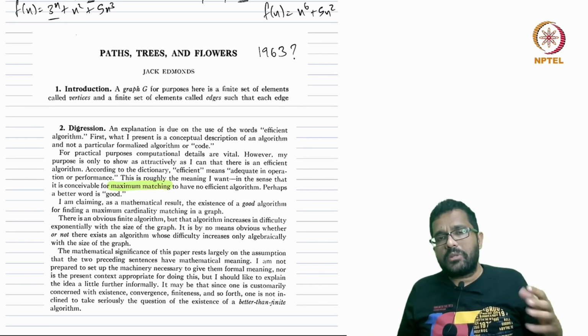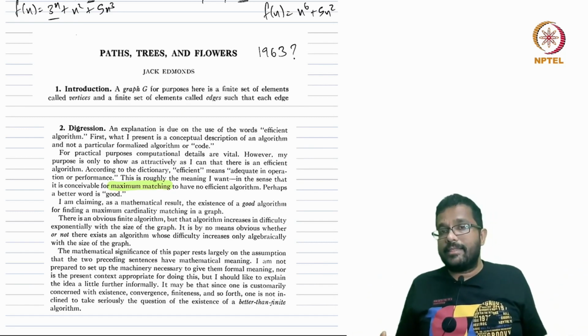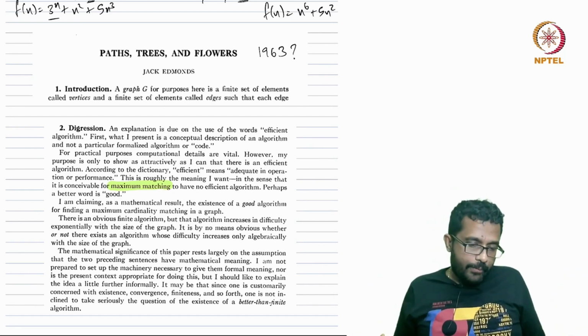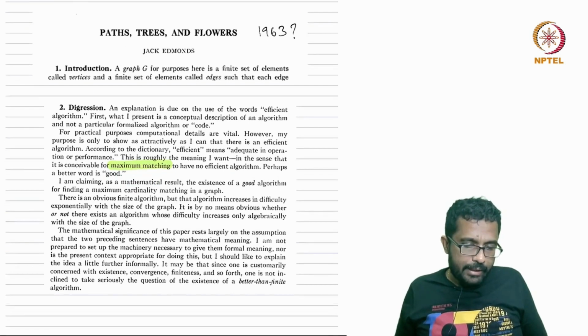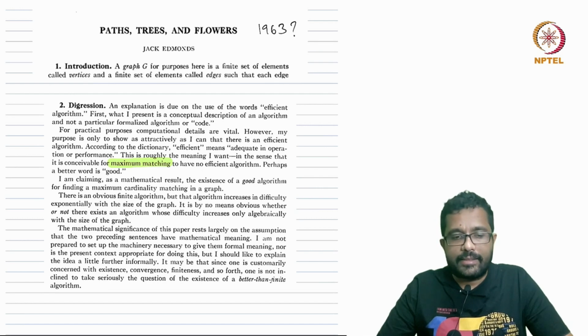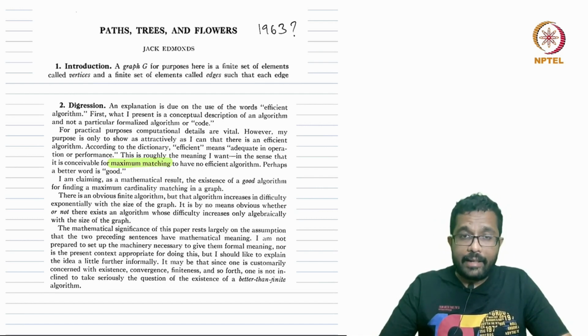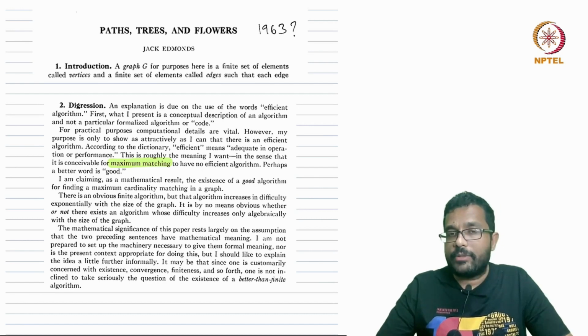The complexity class P itself was not defined in 1963. But many people had this thought that this is supposed to be efficient. So that is the problem that he faced, in the sense that he had an algorithm for a certain problem